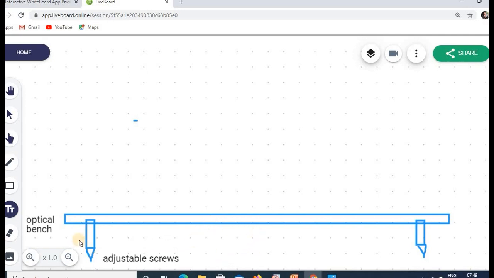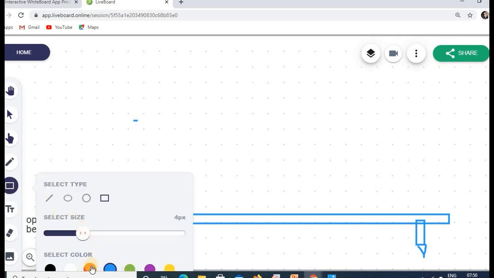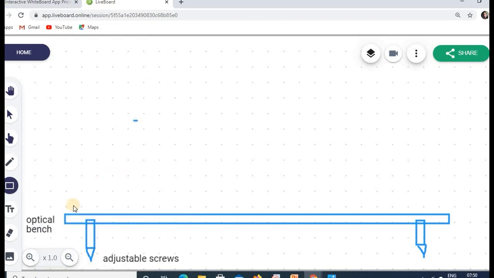And again we have to keep all these things. What all things are needed? We need a source of light, we need a biprism, we need a screen, we need lenses for adjusting the image. For holding all these optical devices, we need uprights, which help us in holding these optical devices. So the first upright, I'll keep it here.